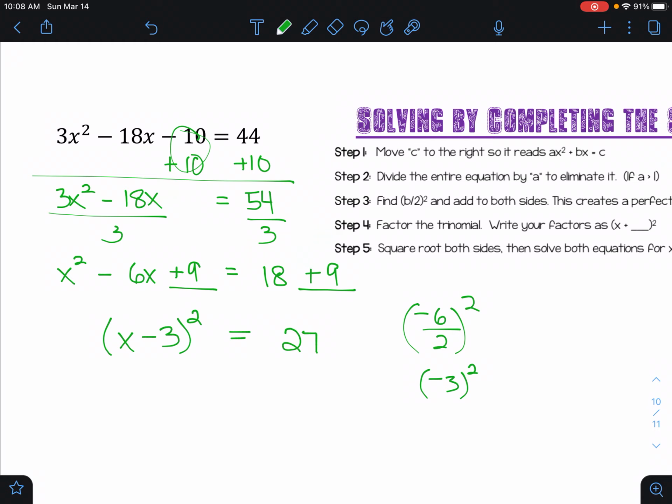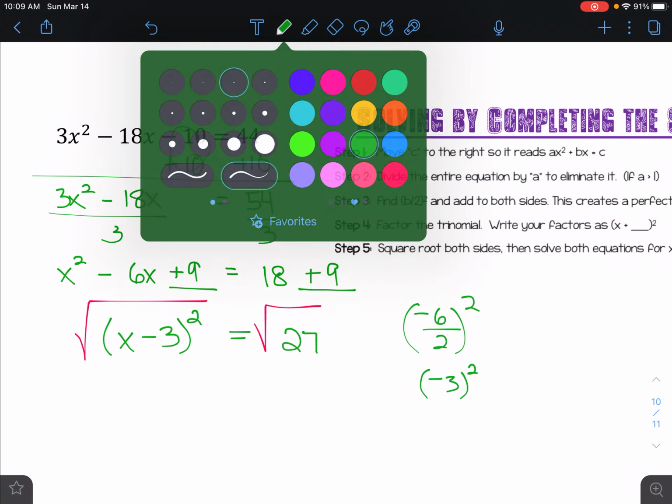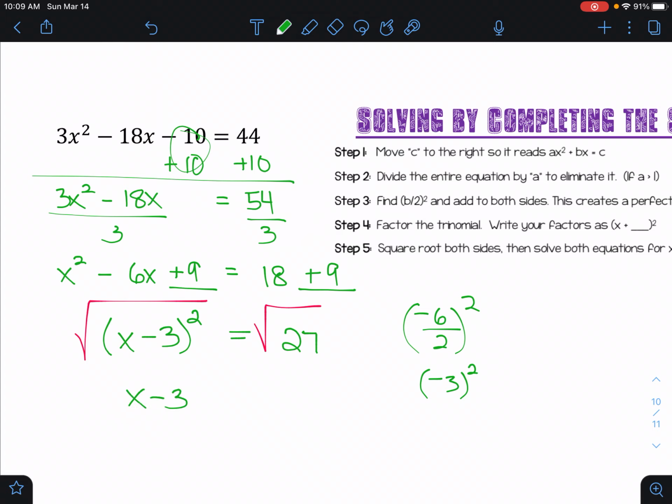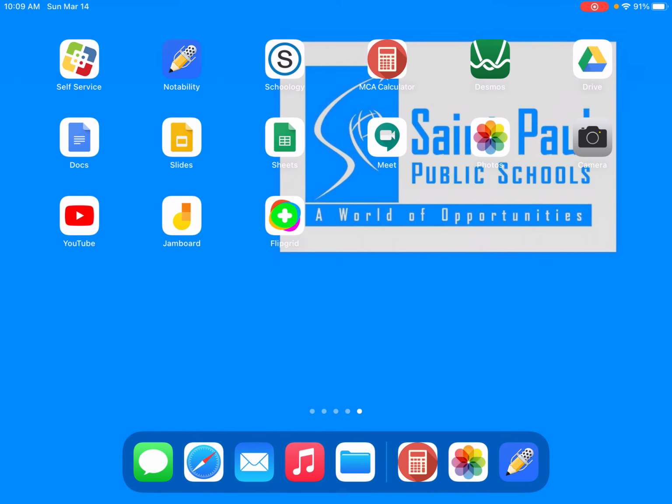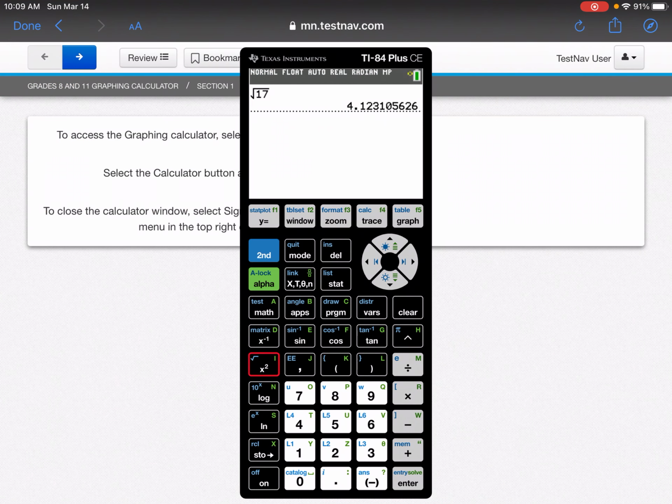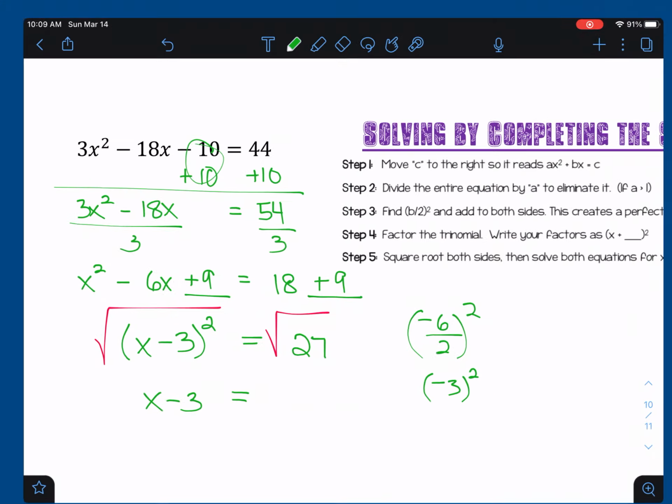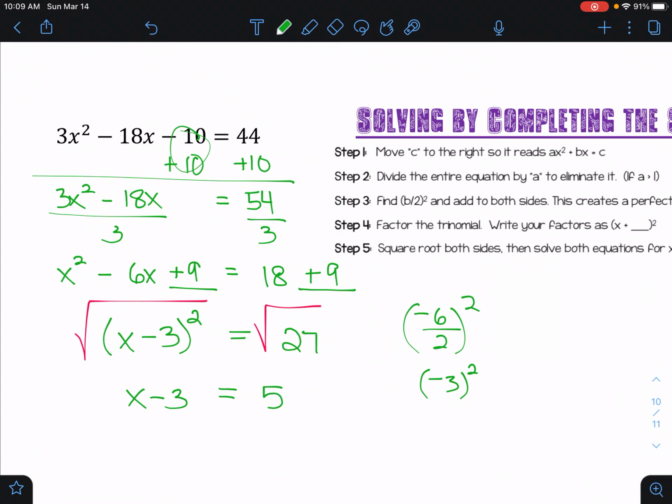Okay, take the square root. So we're going to do that of both sides. And then I have x minus 3 equals, and I'm going to figure out what the square root of 27 is. So that's not a real nice number. So we're going to do this again here, square root of 27. Press enter. So I get 5.196. So this means I'm going to round this to 5.20. Okay, so again, that next one is a 6, so I'm going to round up. So this would be